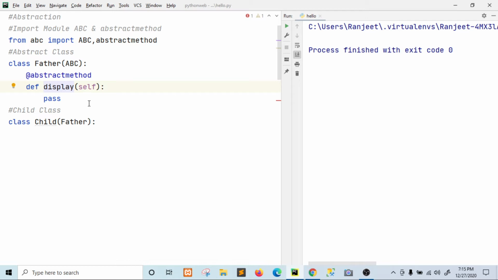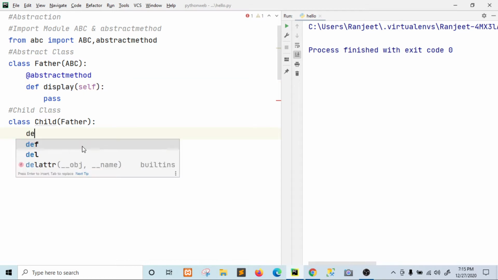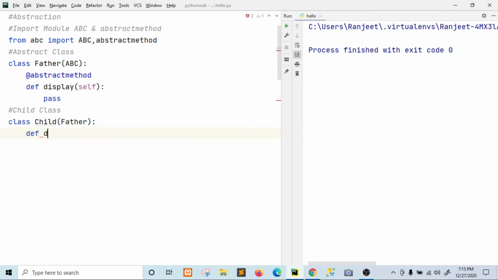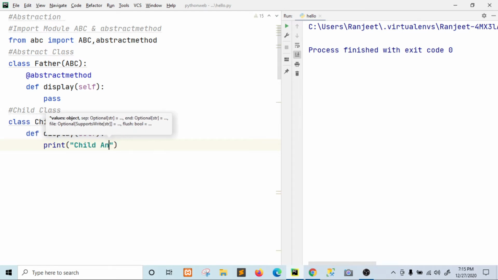So def display, print, you can say "child abstract method".